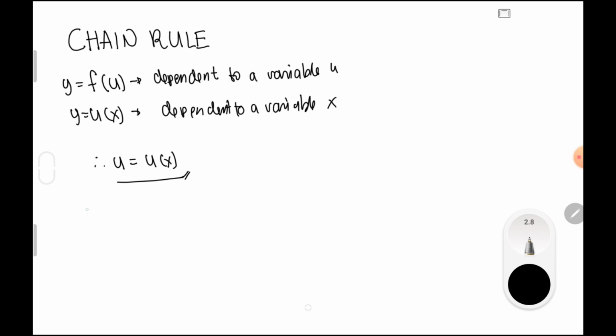We may say that y is equal to f of u of x, which means